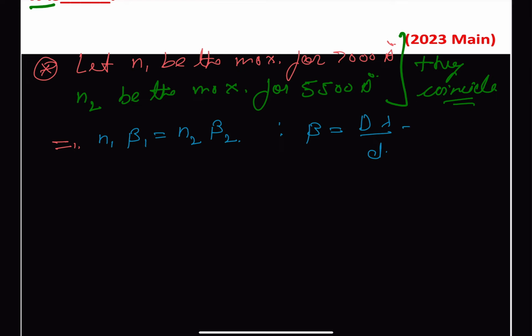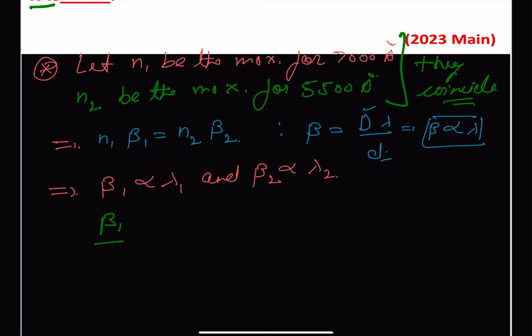So it is clear that beta is directly proportional to lambda, because capital D and small d are fixed for both wavelengths. So beta 1 is proportional to lambda 1 and beta 2 is proportional to lambda 2. We can write beta 1 divided by beta 2 equals lambda 1 divided by lambda 2,